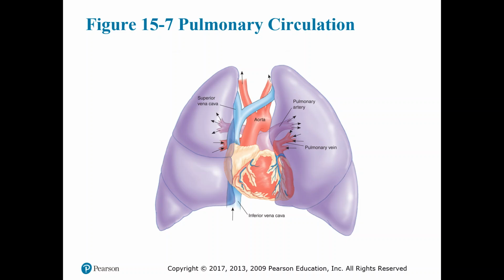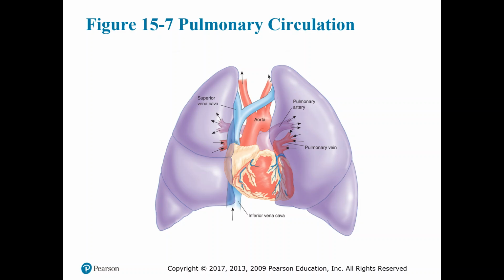The pulmonary capillaries recombine into larger veins, eventually terminating in the pulmonary vein. The pulmonary vein empties the oxygenated blood into the left atrium of the heart. Finally, the heart transports the oxygenated blood through the left ventricle and into the systemic arterial system via the aorta and